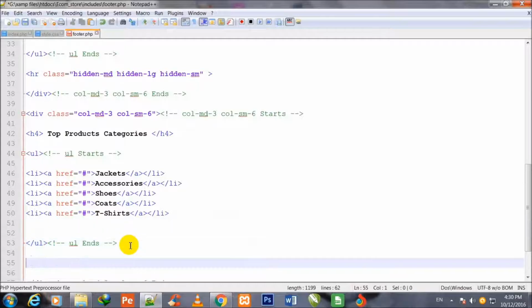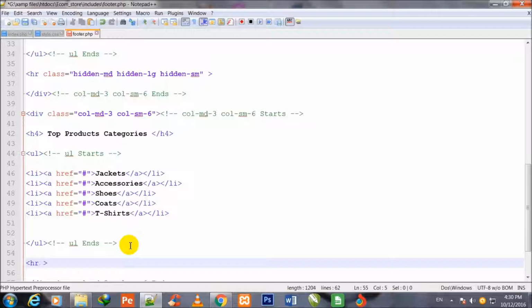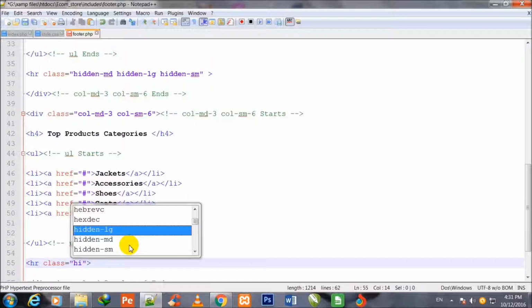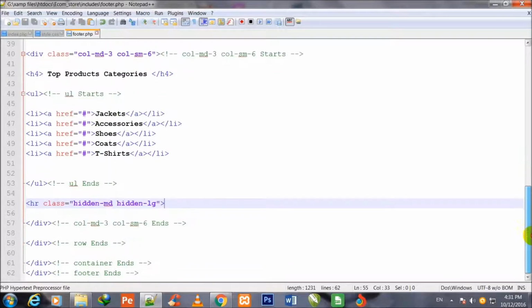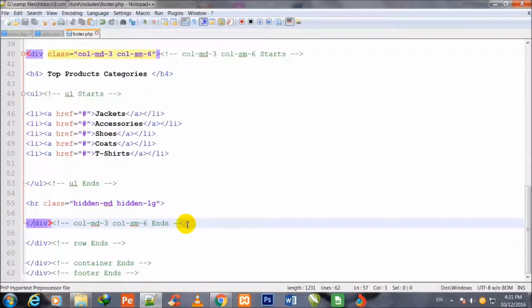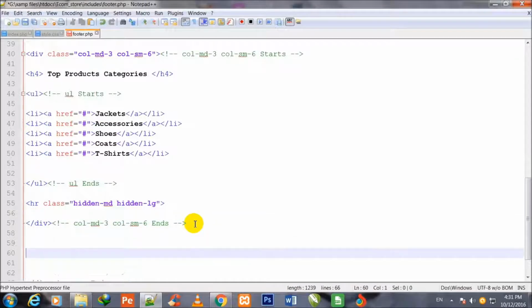Now I come out of this UL and I make one HR tag for drawing a line. And assign a class is equal to double quotes hidden-md hidden-lg. Now I come out of the closing div of col-md-3 col-md-6 ends, right under the col-md-3 and col-md-6 ends,